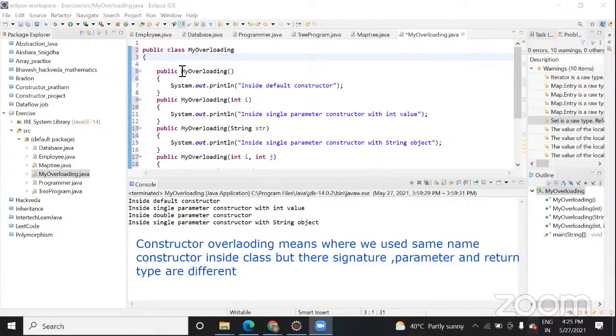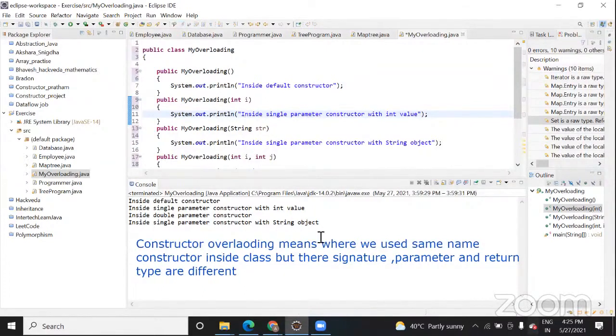So function signature gives you the idea of what kind of value a particular constructor or method is going to accept. A constructor is of void type only because it doesn't return anything, so there is no need to write it. That's it.